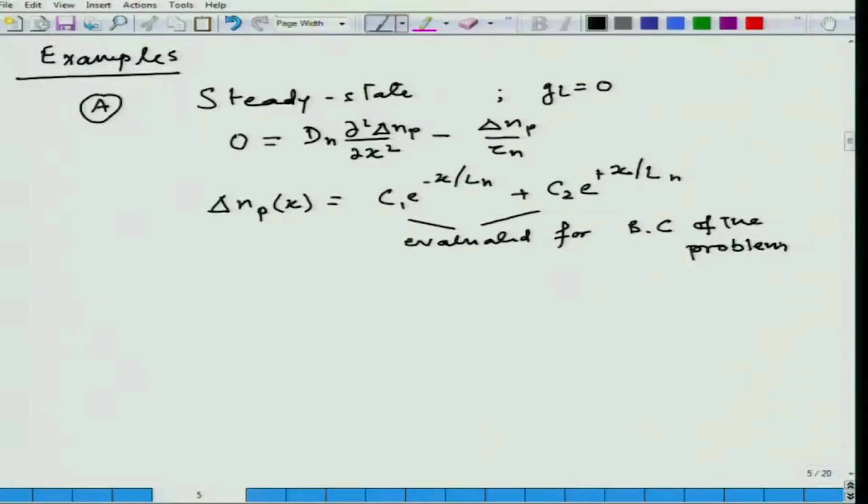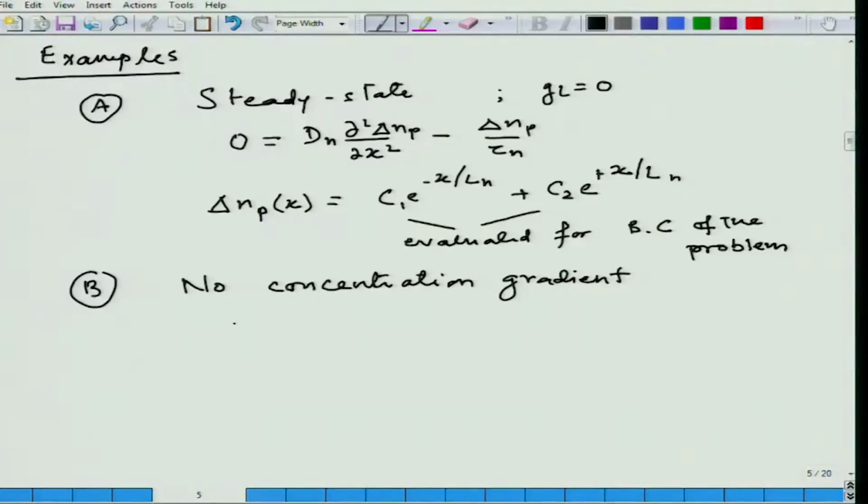Then there are certain other approximations that we encounter often in device physics, and the second one is when there is no concentration gradient. So, when there is no concentration gradient, what will happen to the minority diffusion equation? With no concentration gradient, this term will become 0, and you are left with the transient of the excess as a function of time. This one becomes 0, is equal to